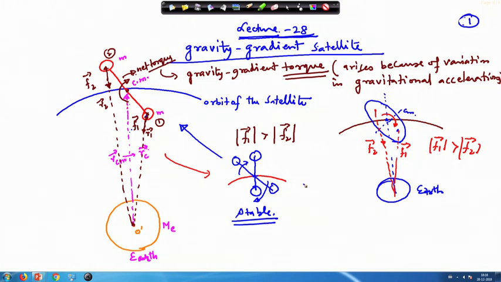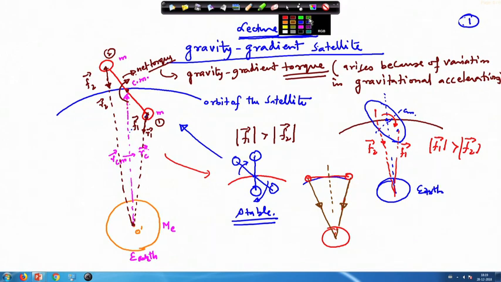On the other hand, if you take a case where your satellite is in the form of a dumbbell and it is looking like this, and it is in this configuration, here is your earth. Okay. So, you can observe that the forces acting on these two masses will be the same because of this configuration. Okay. Now, if you disturb from this configuration, then what happens?